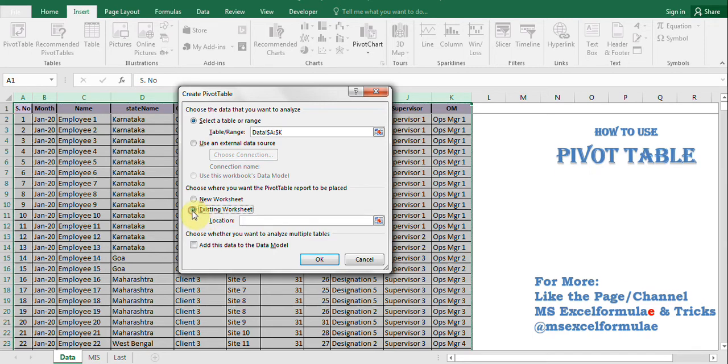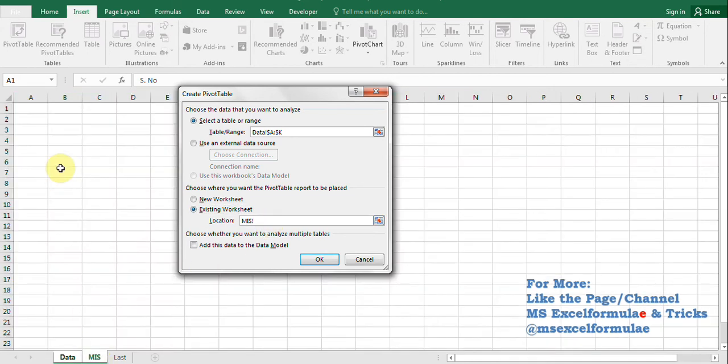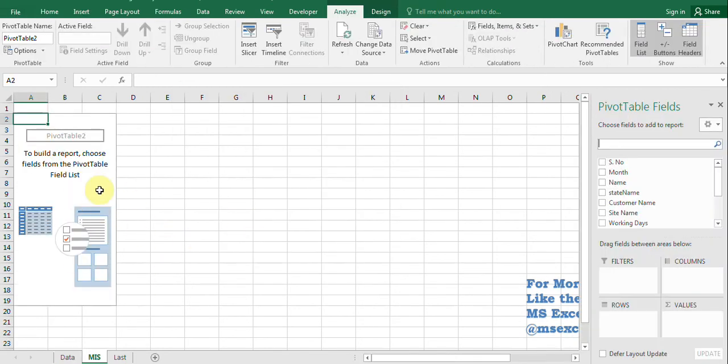You have to click on existing worksheet, select the location, go to your MIS sheet if you have one, and give the location where the first left corner column should be, and okay. Now you can see the page came, the selection part, the field index is here. The basic thing is how you want to draw data, how you want to display it.